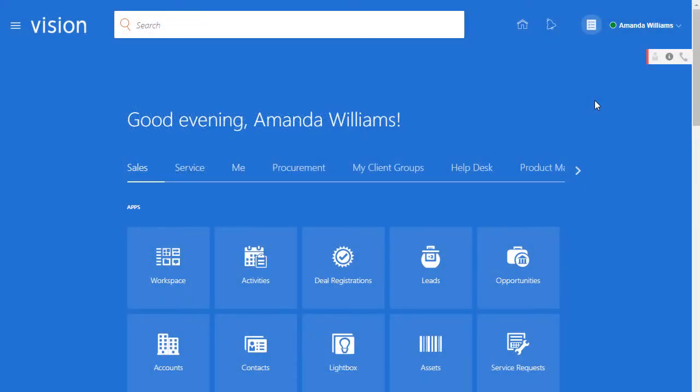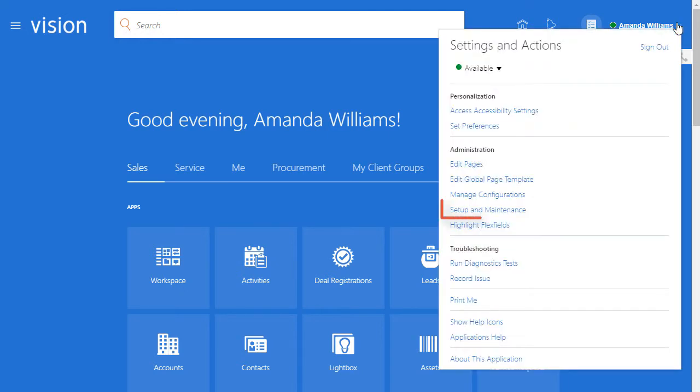In this video, you'll learn how to export setup data to a configuration package. You will need the application implementation consultant role to perform this activity. Before you can export to a configuration package, you must create an implementation project as described in the Manage Setup Using Implementation Projects tutorial.